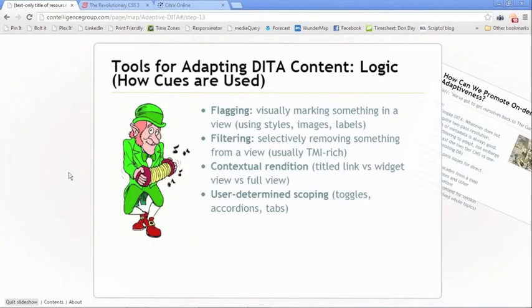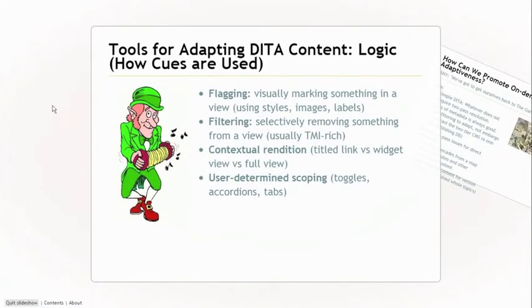Then how do we actually use these bits of information? What are the tools for working with them? As I mentioned, there's flagging, which is visually marking something in a view, and that's going to be through the style interface, through the browser interface, oftentimes using styles, images, and labels. Filtering, removing things, and